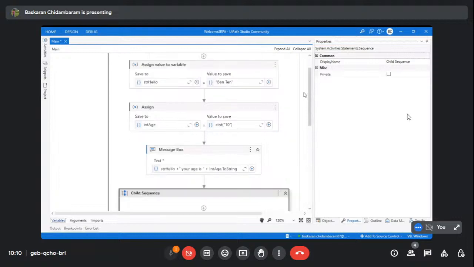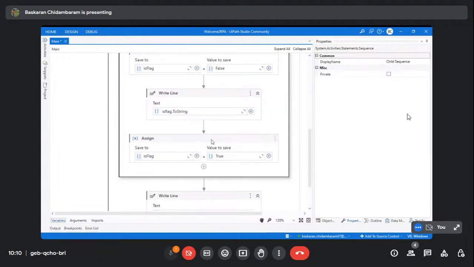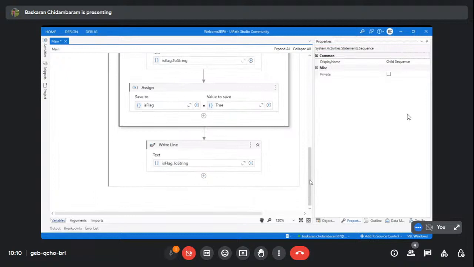So if you see, there was no initialization happening here. The first initialization happened in my child sequence, and we have been capturing this information. Then there was a reinitialization on the same variable. It has been assigned to true. If we retain the scope, then